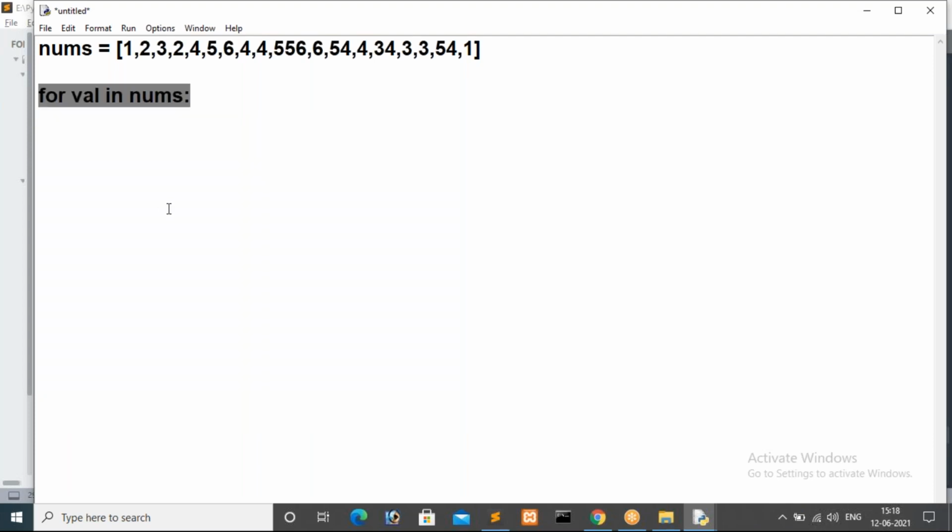Now I want to find the sum. For that, what do we have to do first? Absolutely, Sudarshan. We have to initialize sum is equal to 0, because we are going to perform a sum. Even for counting we have to initialize 0, because we are performing an addition operation.